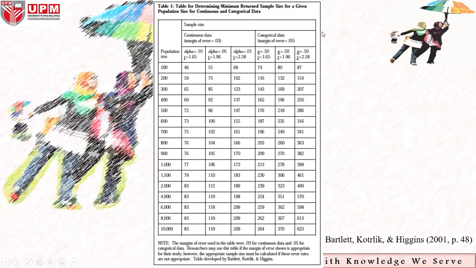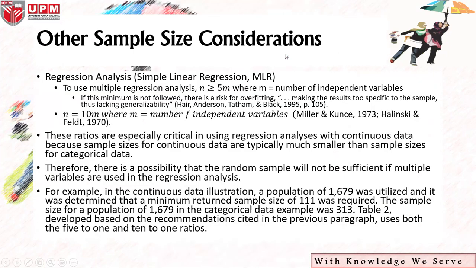And then if you have categorical data, and you set your p value equals to 0.5, for example, and in your population you have 1,500, so this is the proposed sample size, 306. Boleh? So nak guna table ni kita kena ada bilangan populasi. Yang ni tak apa, kita boleh adjust. Yang ni bilangan populasi you all kena ada kalau nak guna table. Boleh? Ni another strategy lah.